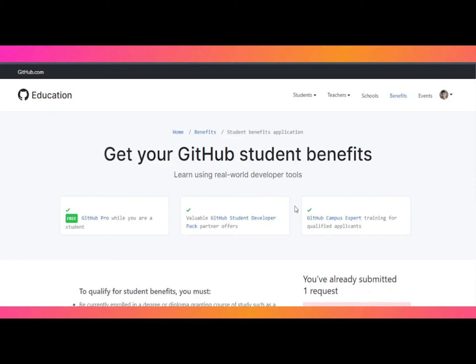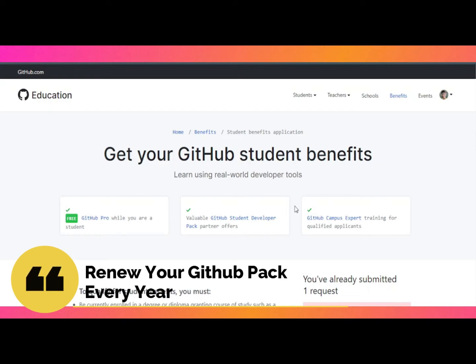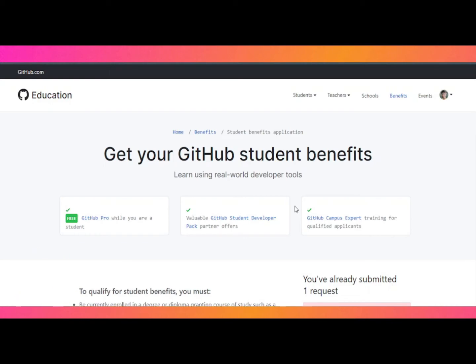This GitHub student pack works for 1 year. This means you have to reapply or renew your GitHub student pack every year while you are a student. If you are in a college, generally most colleges have a 4 year curriculum, so you have to renew every year for 4 years.